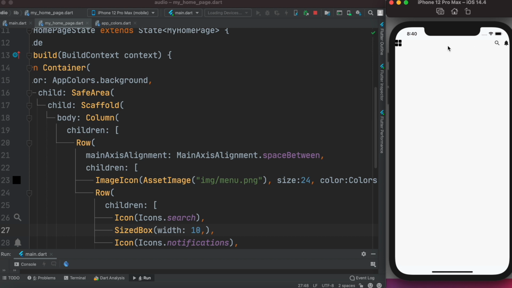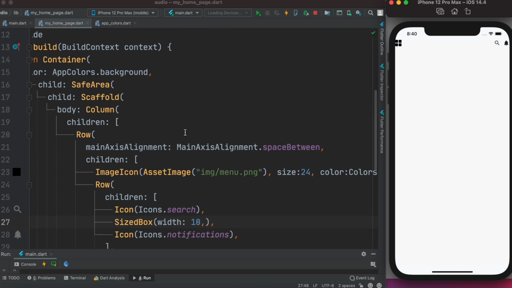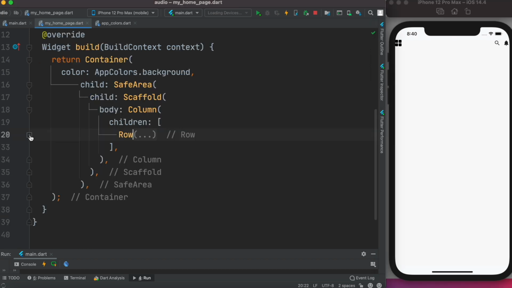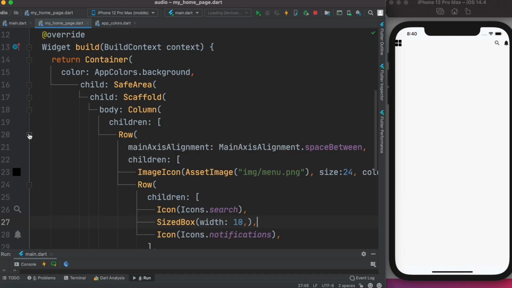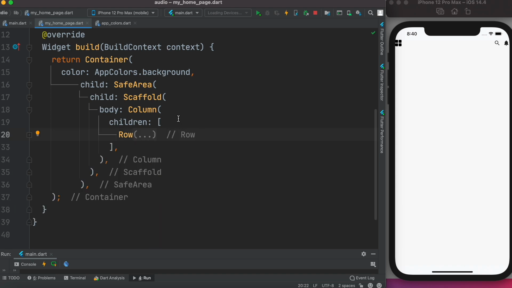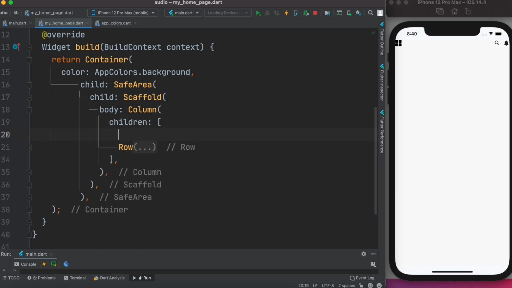Okay, now perfect. But now the other thing we see is that this is too close to these icons, I mean this border. All right, so it's got some padding. That doesn't matter though, but this doesn't have any padding, and it's too close. So what we could do, we can wrap this whole thing within a container, and we can give that container margin. Okay, so now this one over here, this row, we can wrap it within a container,